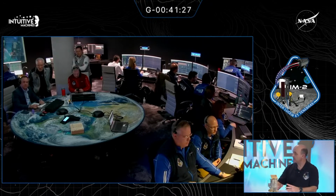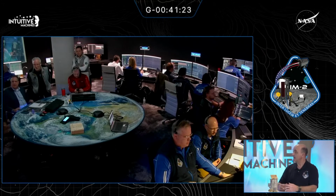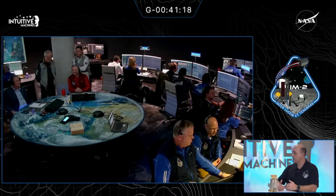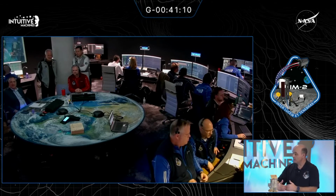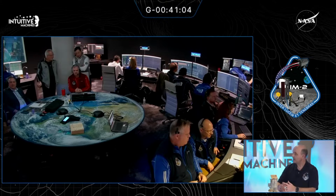They're relatively flat terrain. But we want to explore the poles. The poles are what they call highland terrain, more rugged, low sun angle, which makes them challenging. And so IM-1 landed about 80 degrees south. It's also the location that NASA with Artemis wants to send crew. So we're gradually working our way towards the poles. We're about twice as close to the pole with IM-2, about 85 degrees south, about 160 kilometers, 100 miles away